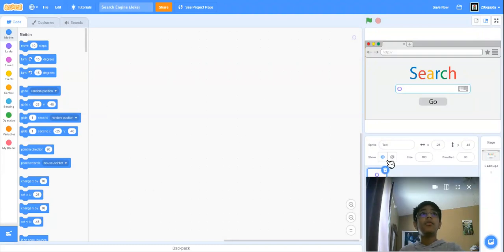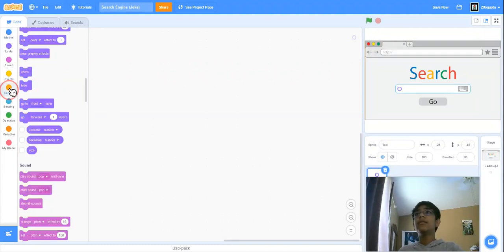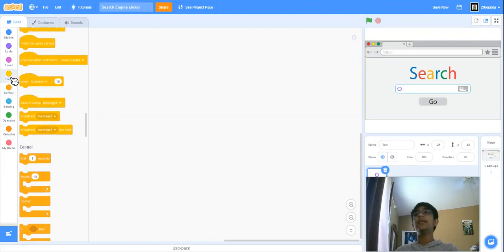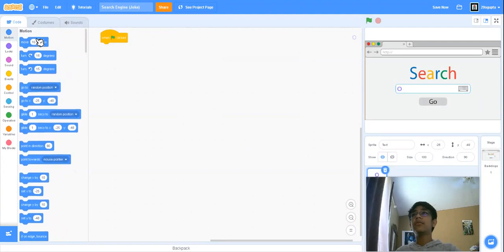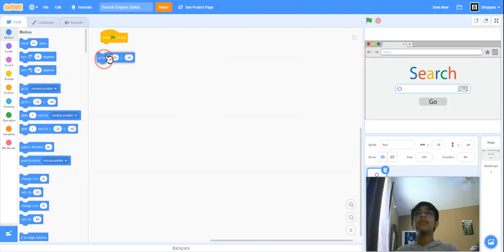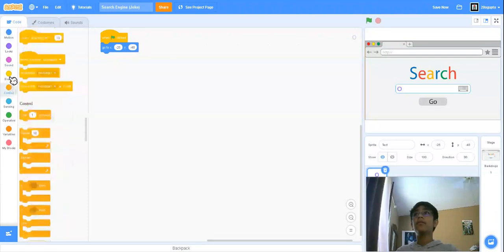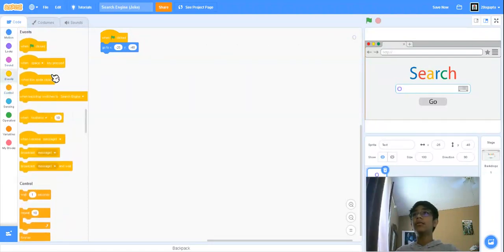What I'm going to do is this doesn't have that much coding and it doesn't take a long time, but it is pretty funny. We're going to keep the when flag clicked because we want to make sure it stays here and goes to this position. Then we could do when